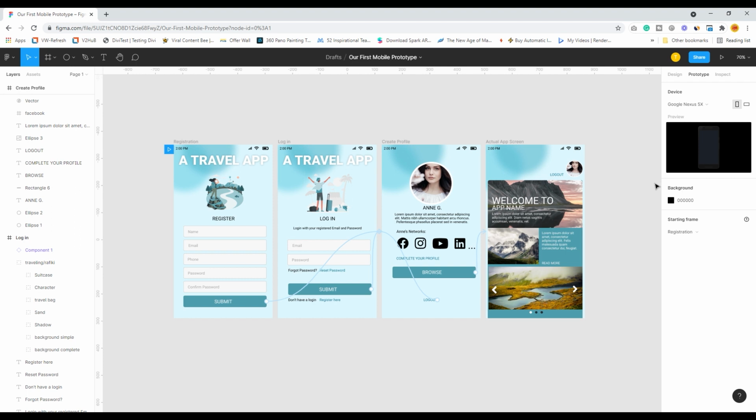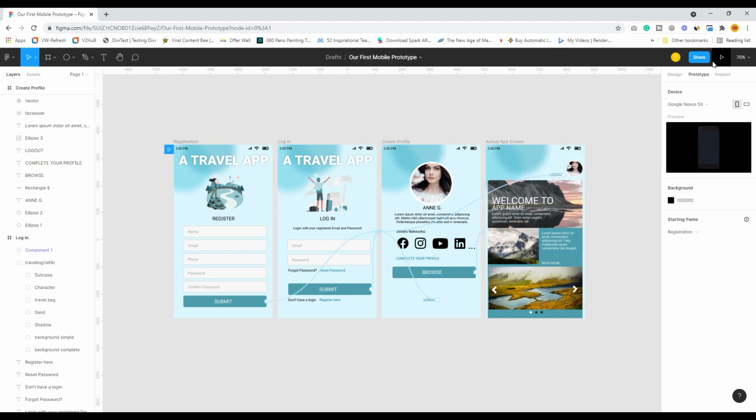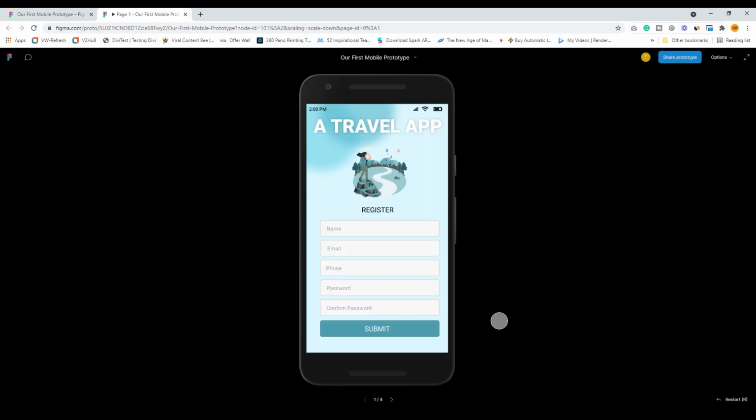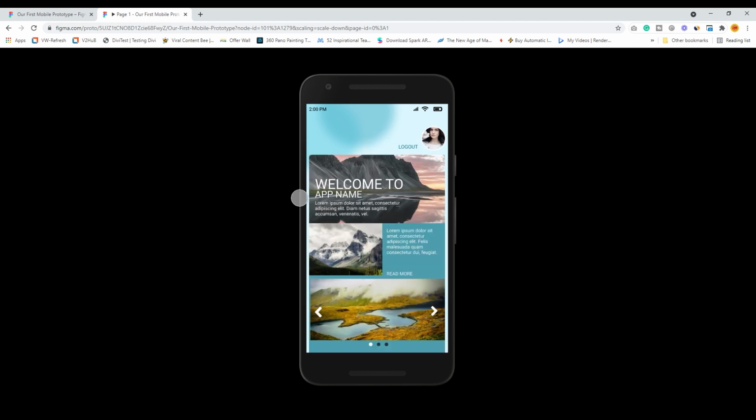Great. So can we just first see how the entire thing that I have done is really working? If you click on log out, again it goes to this particular screen. Okay, so let's see. I play the prototype. So I click on submit. I directly go to the my profile creation screen. I click on browse, see what happens. The big image in the center goes inside, and this particular thing builds up.